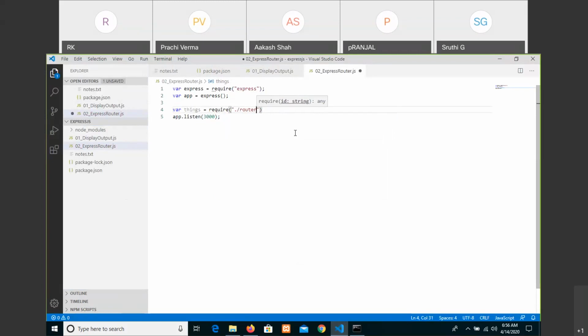So I will write here router things.js file. Meaning let us think that you have a program or something else at this place, and this has to be executed or rendered when the user types a particular URL.